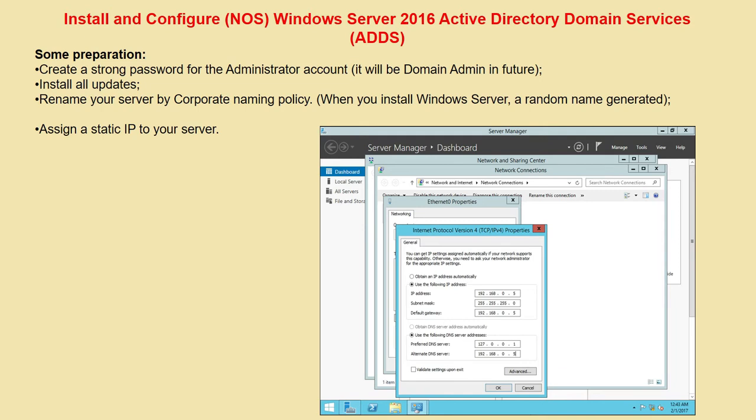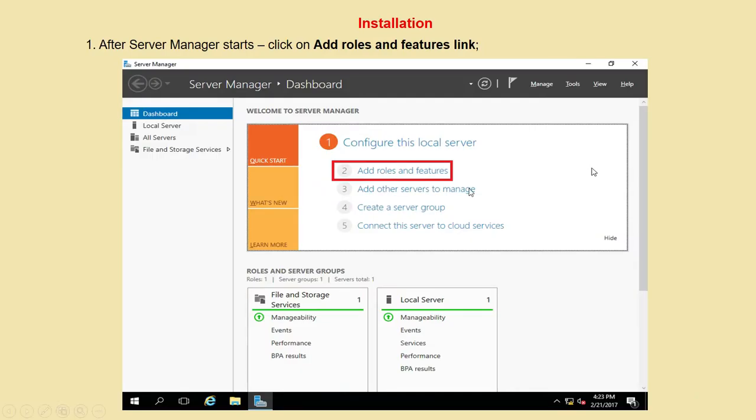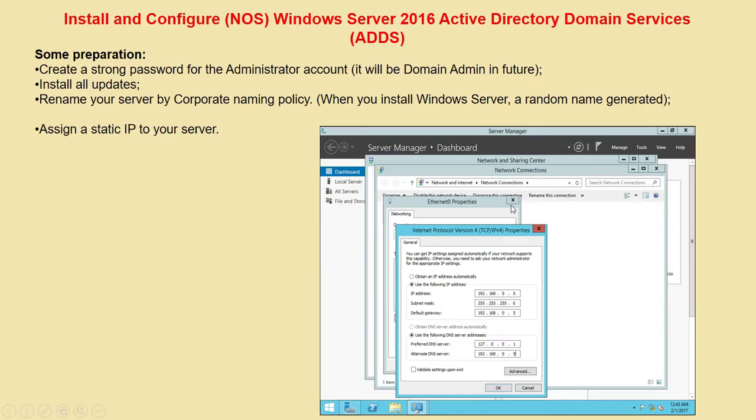Previously we installed Windows Server 2016. Now we will go through the process of installing and configuring Windows Server 2016 with Active Directory Domain Services, that is ADDS. This is the dashboard screen of Windows 2016 when the initial installation is complete.